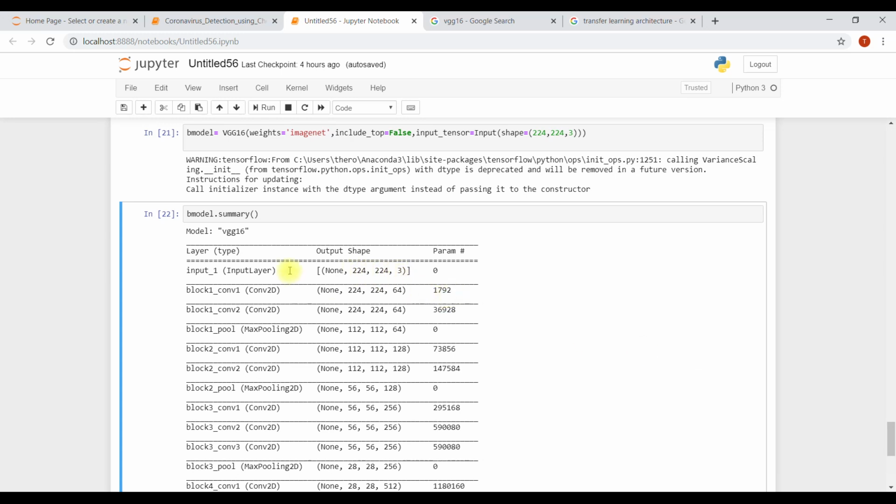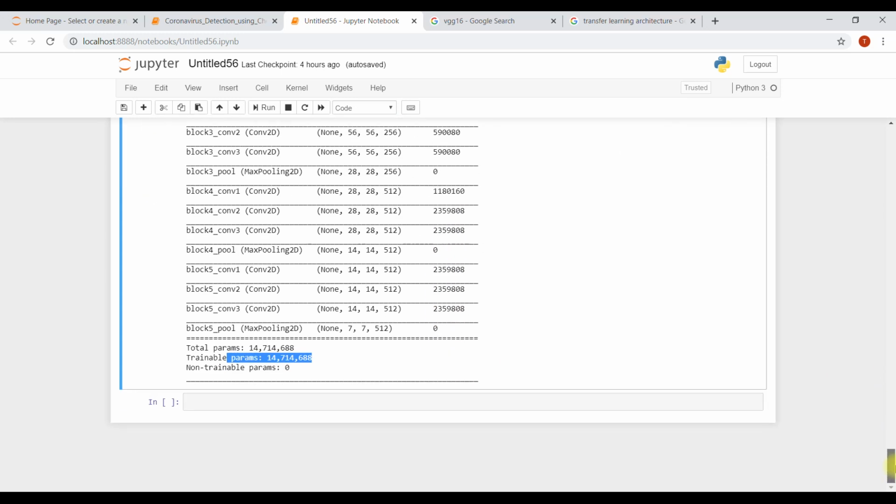They are increasing for every convolutional block, and finally these are the total parameters, adding up to everything.